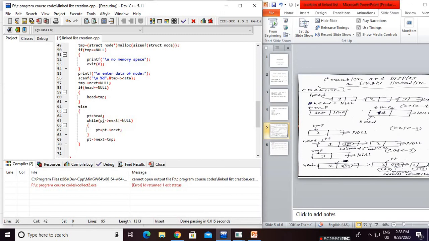After explaining the code, I will trace this algorithm. Your concept will become clearer when I trace it. But listen clearly to what I am trying to say, because the linked list is very important. Though it is very complex, it is very important. So keep in mind, now while pt arrow next,